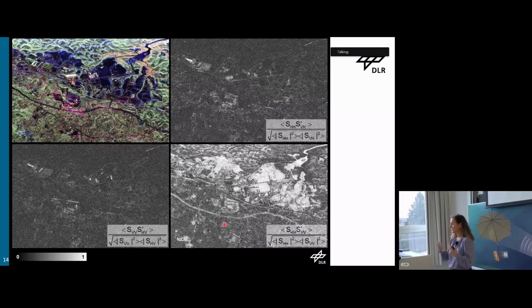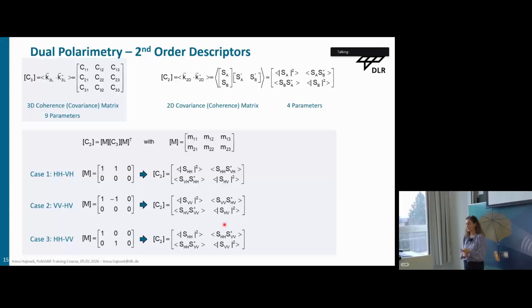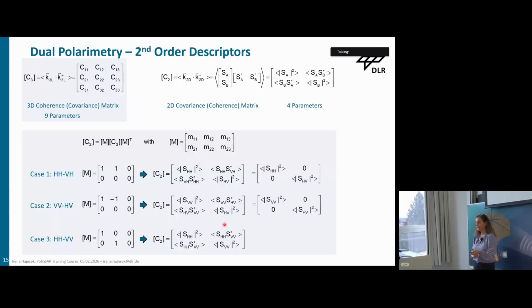Let me say also in the phase, if you use the combination HH and VV, so the copoles, not the co-cross, but the copoles. Therefore, this is also a parameter why we chose it for further investigation for snow parameter estimation. Okay, which means now what is happening here, even though you can do these combinations between